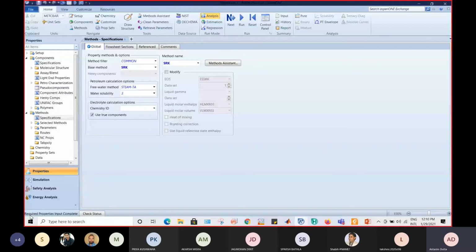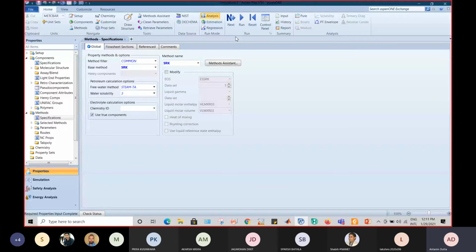But what I was interested in, I was interested in looking at the molar volume of this particular component with respect to temperature at a given particular pressure. Okay, so what I will do right now, I don't want to press next because I know what I want to do. In case you don't know what the next step is, then click on next. But if you know, then navigate to that step directly.